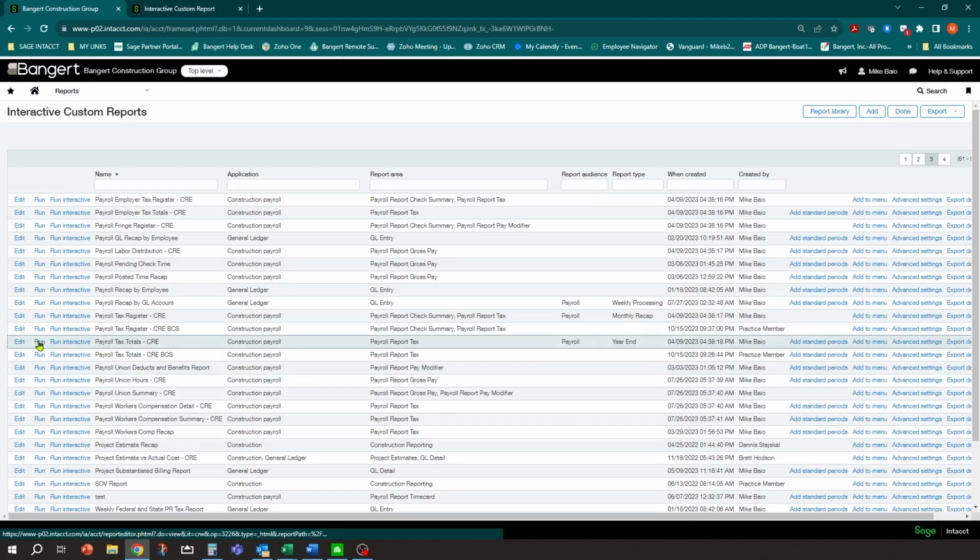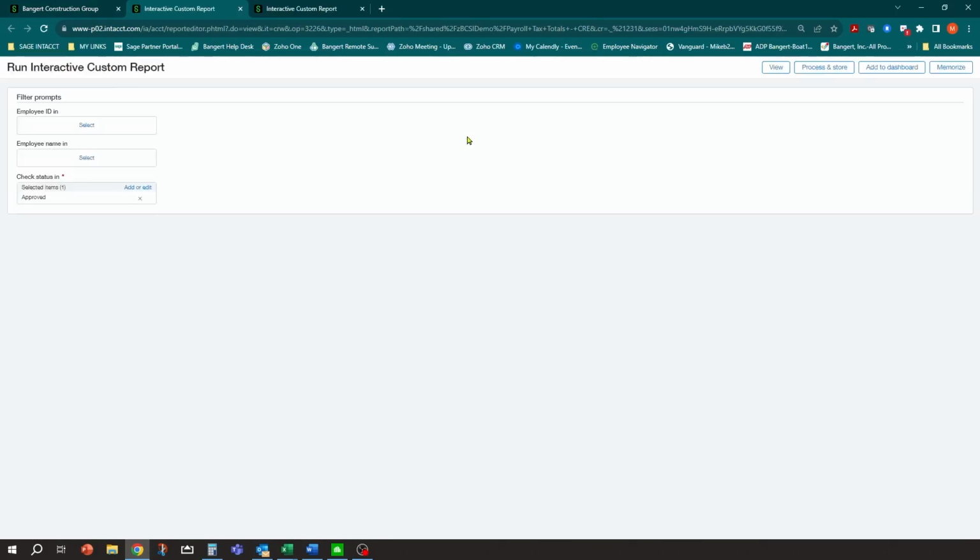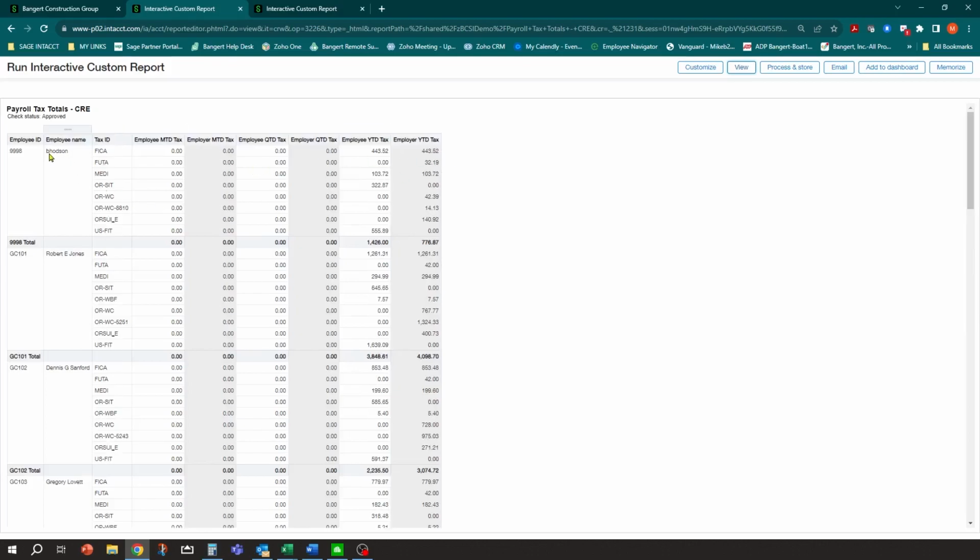So this one's going to show me all the taxes, employer and employee based, which is a really nice report to have when getting ready for things like W-2s, etc. So if I run that one, you get an example of what this looks like. So you can see here's for the employee, every tax that was calculated and whether it's an employee or employer tax. Okay, so I would recommend step one, get these payroll totals reports generated and saved, and then you have them if you need them for reference later on.